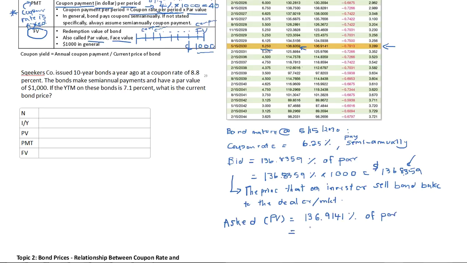So the ask price for this bond is this percent times 1000, which is equal to